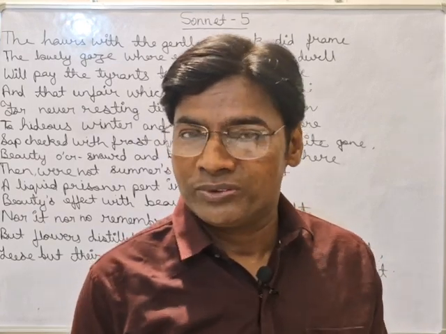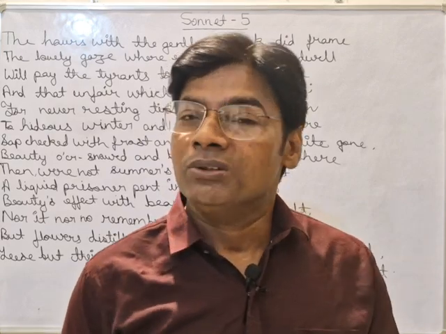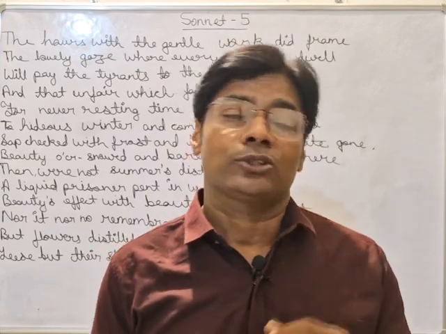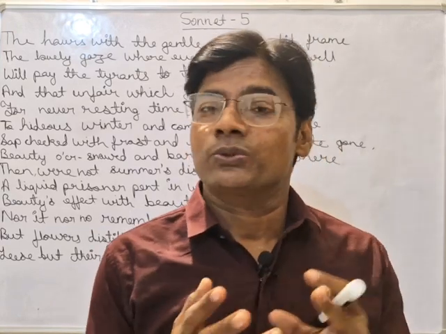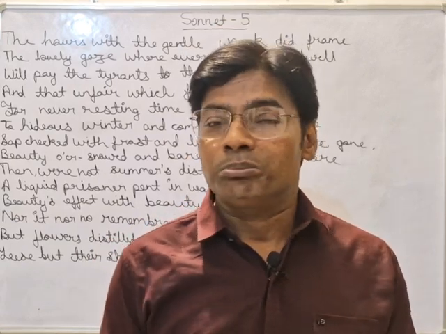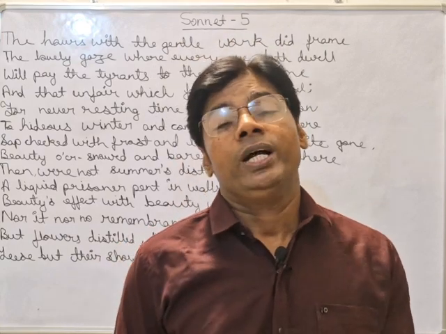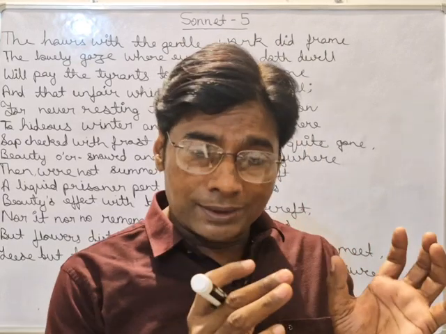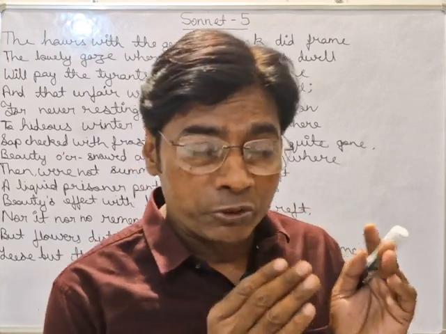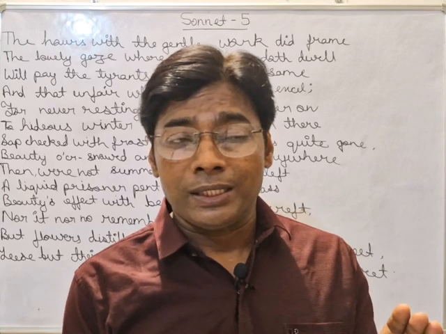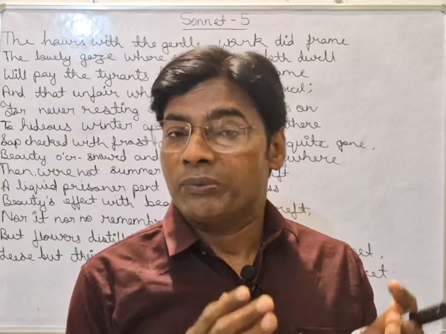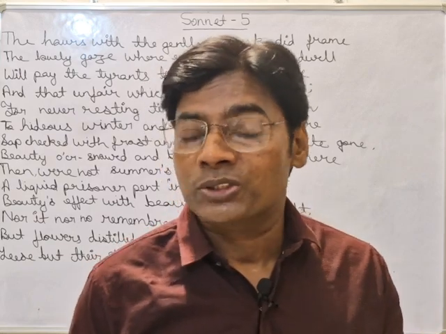Sonnet number 5. Like sonnets first, second, and third, from first to 17, this sonnet is also called a procreation sonnet. Why? Because in this very sonnet, William Shakespeare is seen indirectly advising his friend Mr. WH